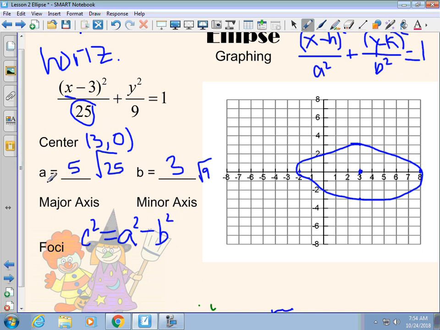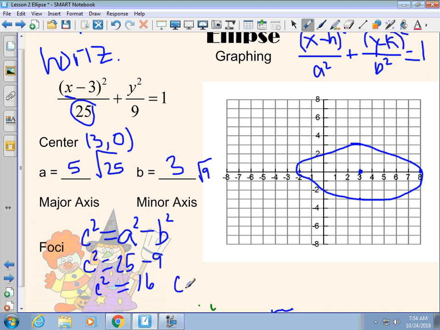Okay, I know that my a squared was 25 and my b squared was 9. Okay, so that makes my c squared equal to 16